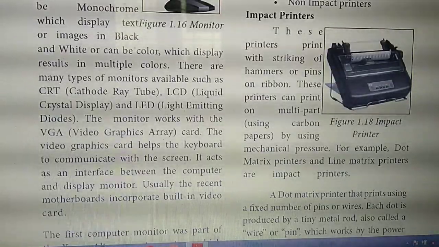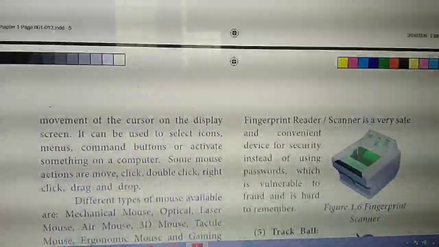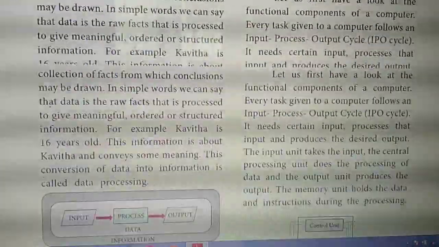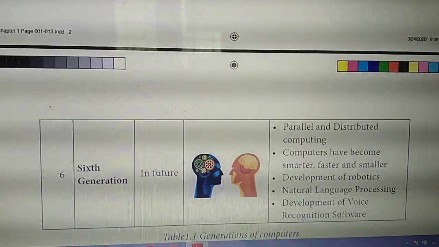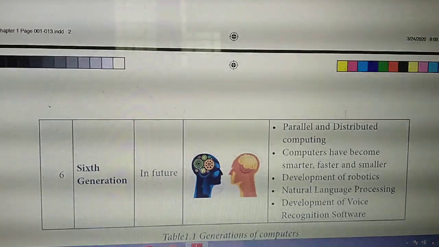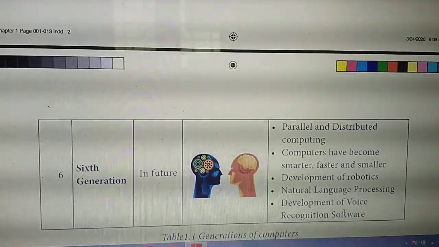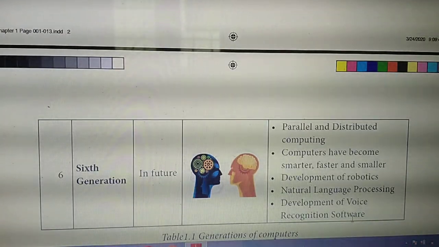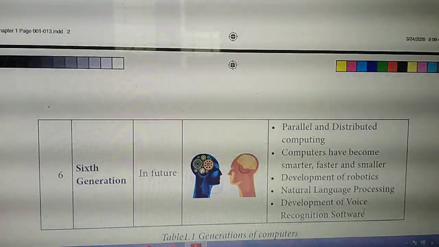Next, seventh question. Write the characteristics of a sixth generation of a computer, okay? Seventh question. Seventh question, take page number 3. So, characteristics of a sixth generation from here to here. This column, parallel and distributed processing to recognition software. Six characteristics of a sixth generation question. This is the seventh question, okay? Seventh 3-mark question from here to here. Parallel and distributed processing to recognition software. Have you all marked? From here. Seventh question from here to here.